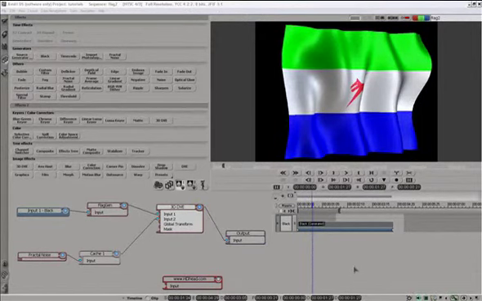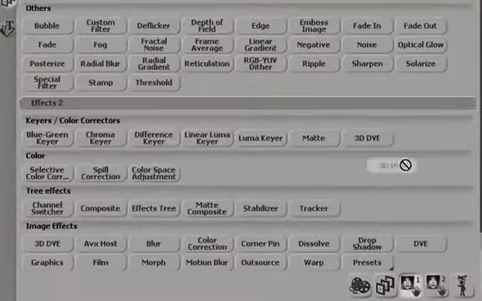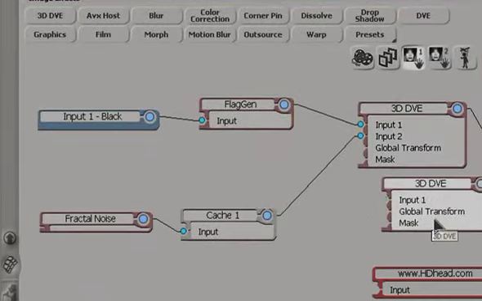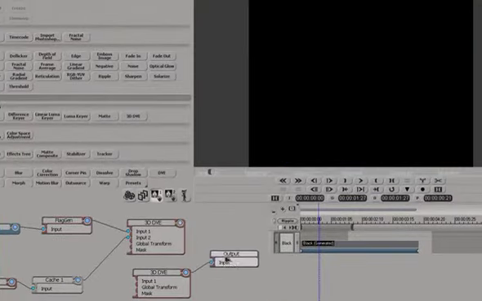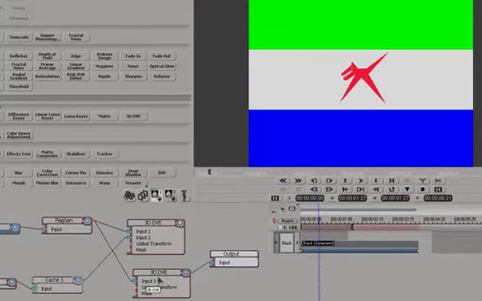3D DVE does most of the heavy lifting, so we'll look at that first. We'll take it from up there, bring it down here, connect the output of the node to the output of the tree. And so far everything's good. We're seeing black because nothing is going into the 3D DVE. We'll take our flag and feed it into input 1. So here this flag is coming through unaltered. We'll double click 3D DVE to